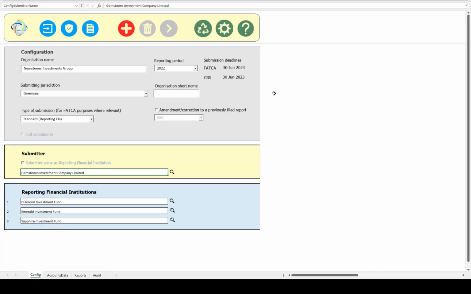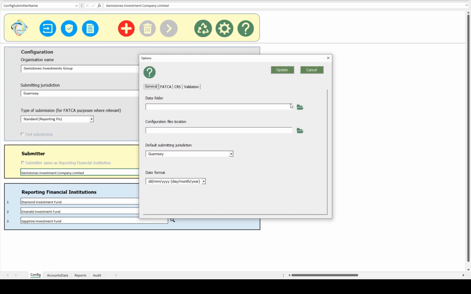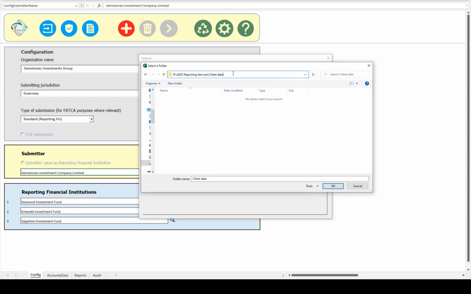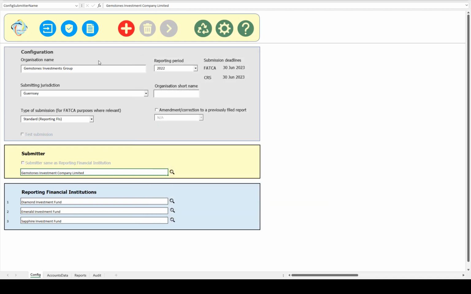So that is the default position with the template in terms of the folders and the files that are created. We also have a setting option in the template where you can specify a different data folder. If I go into the options by clicking on the options cog button, on the first tab, data folder, I can select a data folder location, and that data folder will then be used to save the files into. So if I now update that and I run the reports again to show you how that works,